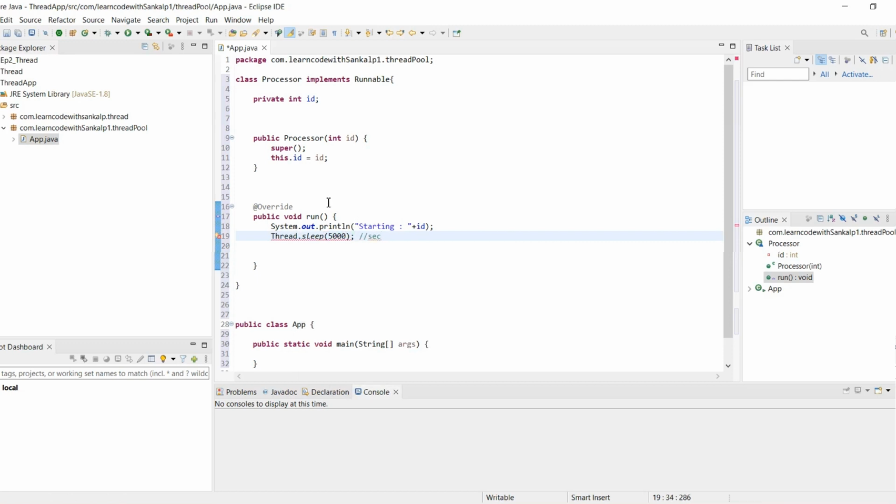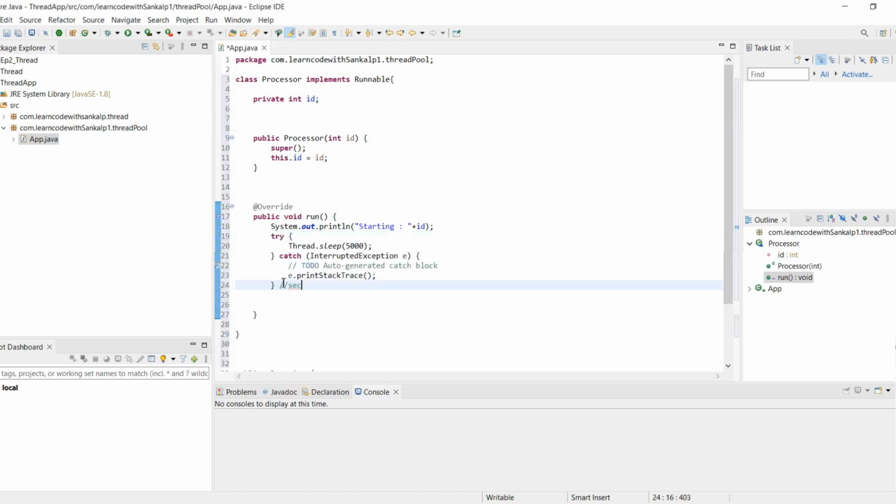It throws an exception, so we surround it with a try catch block. Then we copy that and paste it there, and print completed with the id.